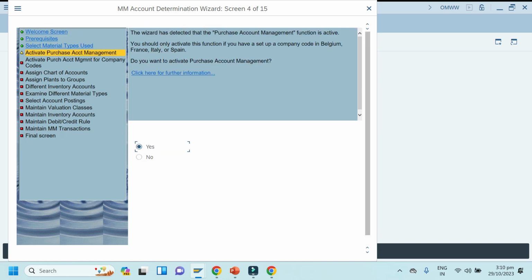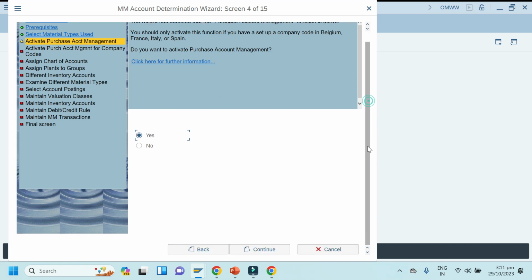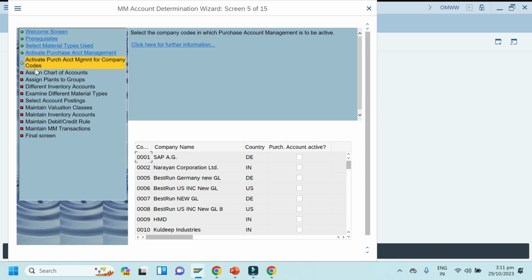So you can see here they have multiple questions. You can see activate purchase account, activate purchase. When I click continue, it becomes green. And which I have not done, it is showing red. So if I click yes again and continue, it will again become green.